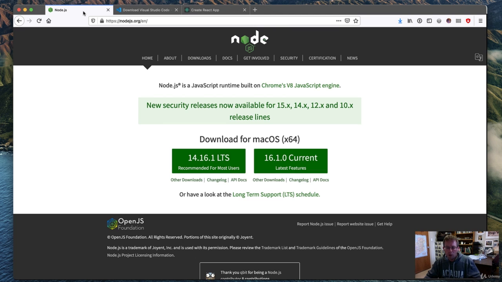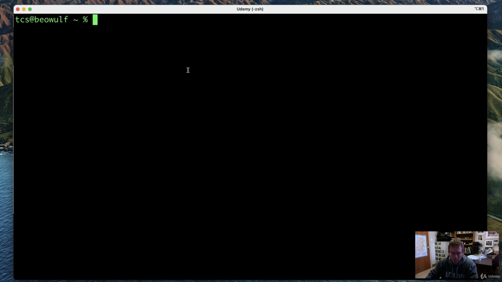Now, once you have Node installed, you can verify that it actually is installed by switching to either your command prompt on Windows or a terminal on Mac, and just type node -v, like that, and it will tell you what version is installed. And similarly, you should be able to run npm -v, and it should show you that you have a recent version